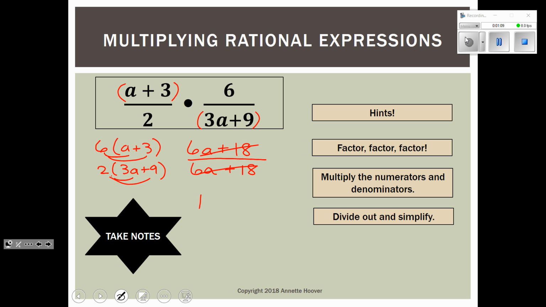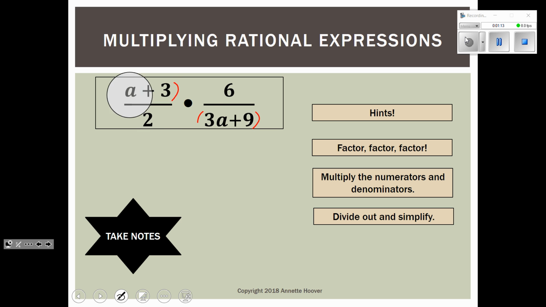Now that seemed pretty easy, and you're thinking, why would I not want to do that first? Well, when they get longer and harder, that may be the harder way. You can simplify before you actually do the multiplication, and this will be an easier way once we get to harder ones. First of all, we look up here, factor, factor, factor. We see that this binomial has a greatest common factor of 3. So let's factor it out, 3, and then we divide both terms by 3, and what is left is a